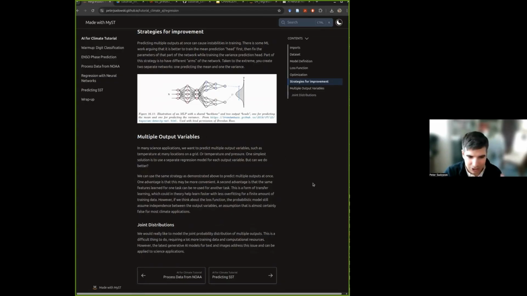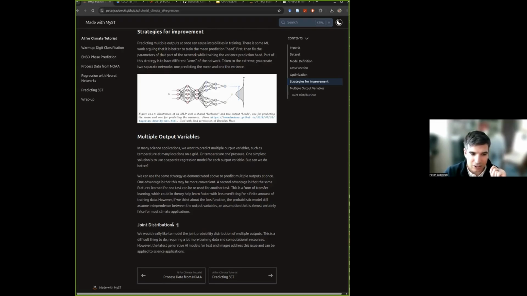So this is just a one-dimensional case, but often we have multiple output values. In weather forecasting, we want to predict multiple types of values: temperature, precipitation, humidity, but also at different spatial locations. And so the output is often thousands of variables at once. If we use this strategy, where we have multiple outputs of our neural network, that can work, but we